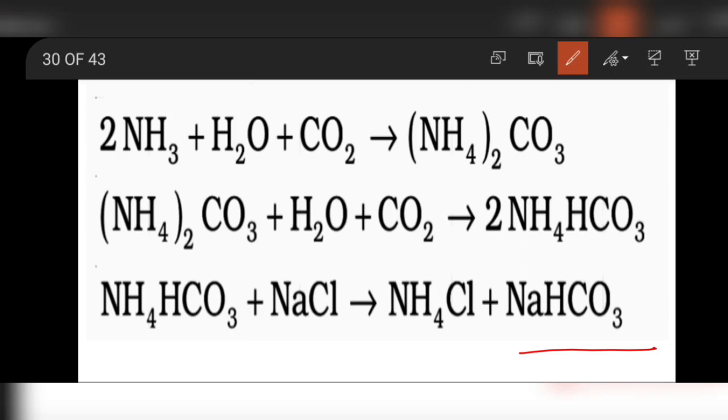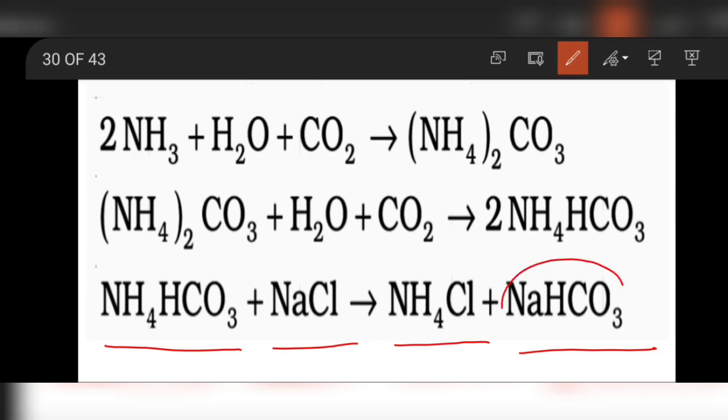Okay, so this is sodium bicarbonate. To prepare sodium bicarbonate, you need brine solution. This is brine solution, that is NaCl, sodium chloride. This brine solution you have to treat with ammonium bicarbonate. Or what you can do is, with sodium chloride, you can pass ammonia gas and then treat it with carbon dioxide, and you'll also get sodium bicarbonate. So here the brine solution is treated with ammonium bicarbonate. Ammonium bicarbonate reacts with sodium chloride to give ammonium chloride and NaHCO3, that is sodium bicarbonate.